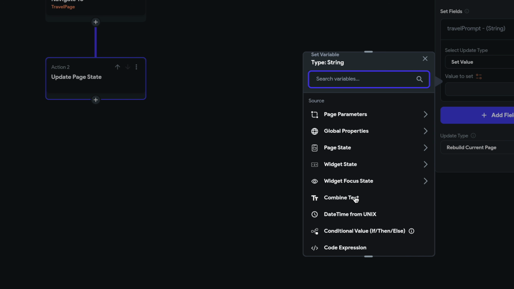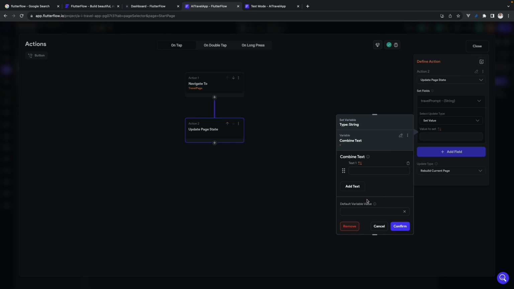I'll take the text from all the fields and combine it. For example, what kind of prompt do we want to write? That's the first question we should ask. So I'll tell you the prompt. The first text would be: generate a travel itinerary for a trip to,